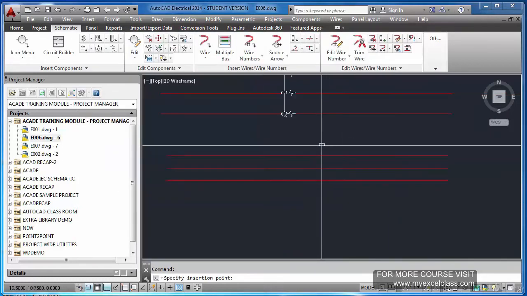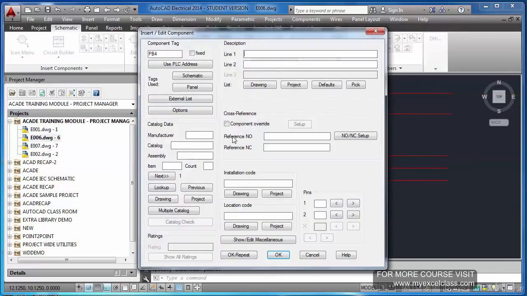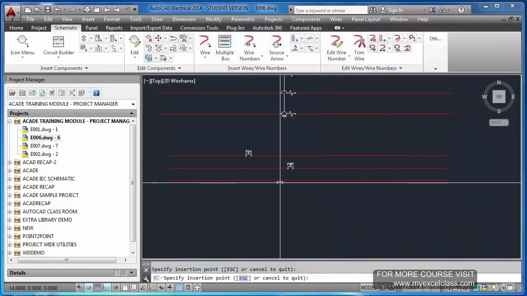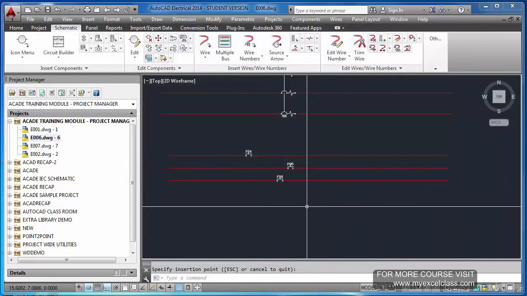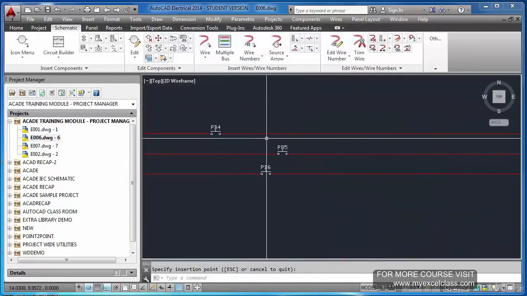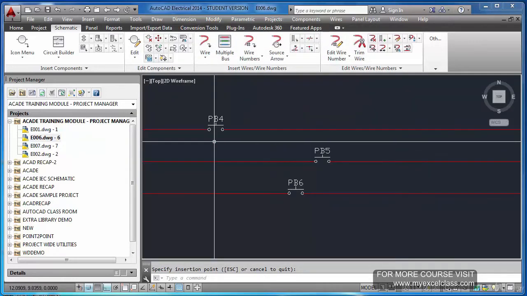Now what I am going to do is insert a push button here, PB4, because already we have used 3 push buttons in this sheet. Okay, repeat. Now I am going to put it here. That has become PB5. Okay, PB6, which I will keep here. Now you see the positioning is not matching, not aligned.